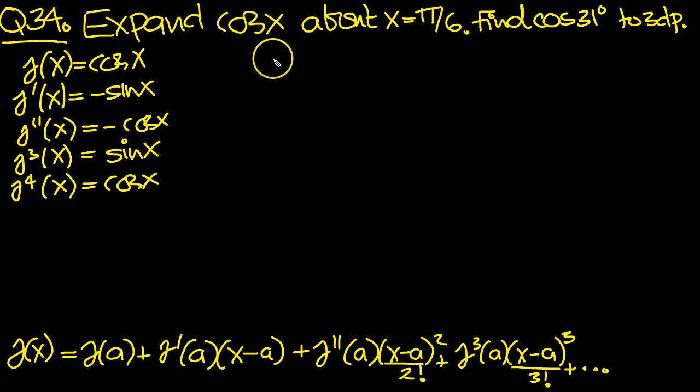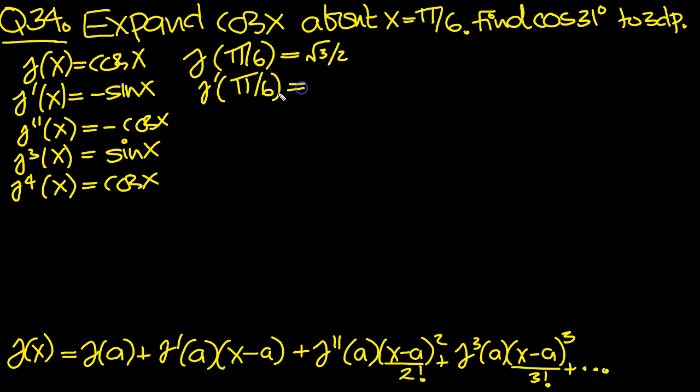We'll need the f of a's, and we're expanding about pi over 6. So we need f of pi over 6, which is cosine 30, isn't it? So that's root 3 over 2. Then f dashed pi over 6 now, and put pi over 6 in here. Sine 30 is a half, so that's minus a half. F double dashed